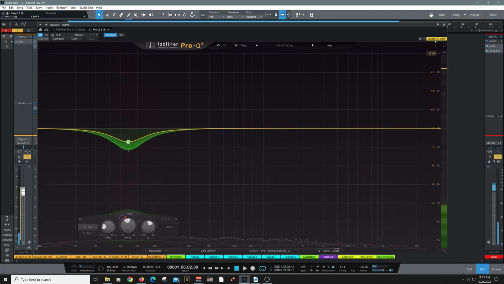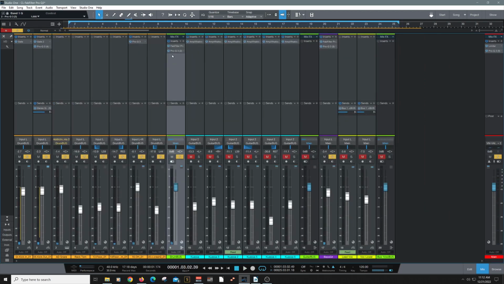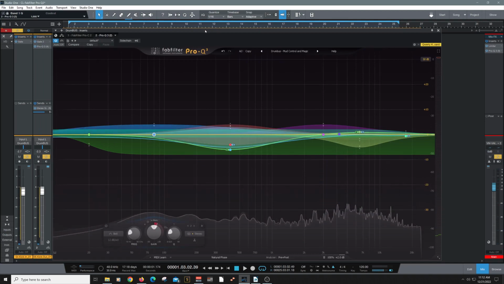And there you have it. That's just a quick look into FabFilter Pro Q3 and a couple